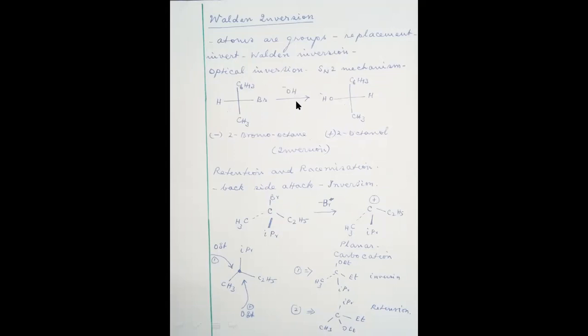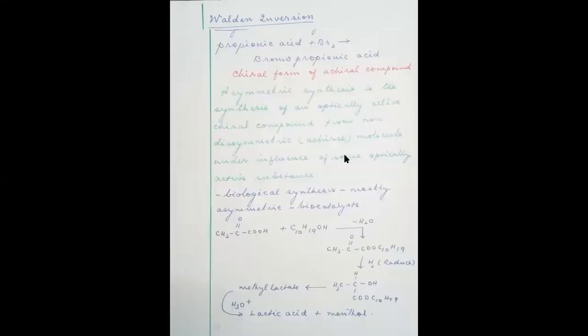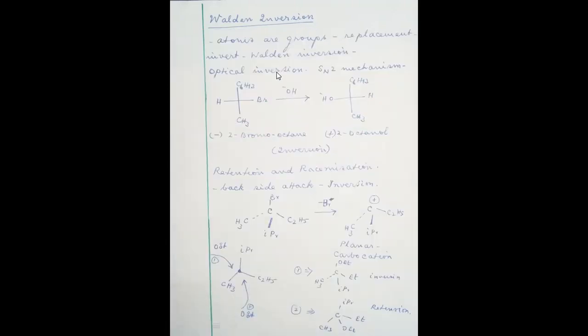You may understand why this OH is getting attached in this position. Actually, this OH is replacing this bromine, but it is not directly replacing this bromine like this. It is attacking this carbon from the rear side. It is getting attached here, and then the bromine is pushed out, and then the hydrogen is twisted here. So this type of reaction is called the SN2 mechanism, that is, nucleophilic substitution second order mechanism. So rear attack. In the SN2 mechanism, we speak of a 5-coordinated transition state. Now, this is called inversion of configuration. So this is called Walden inversion.